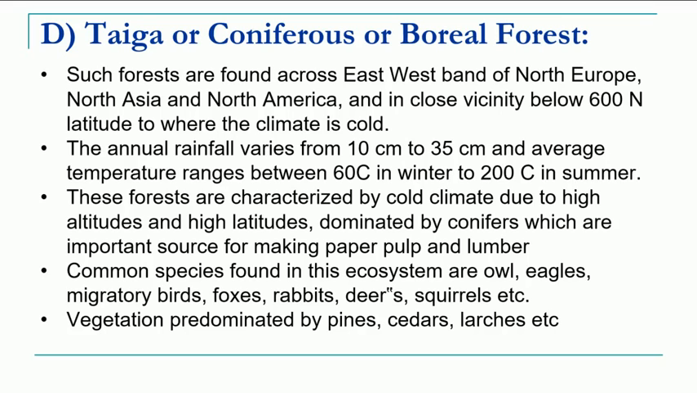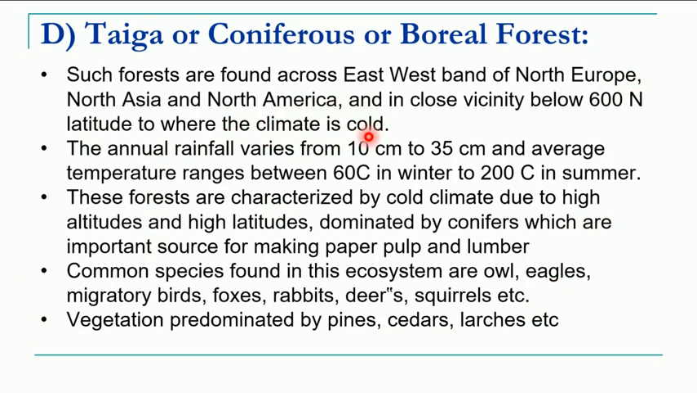Now the next type of forest is taiga or coniferous, also called a boreal forest. So this taiga forest is basically characterized by low temperature as well as presence of snow. So you have such plant species which can survive at low temperature and in the presence of snow. So these forests are basically found in the east and west parts of North Europe, North Asia, and North America,